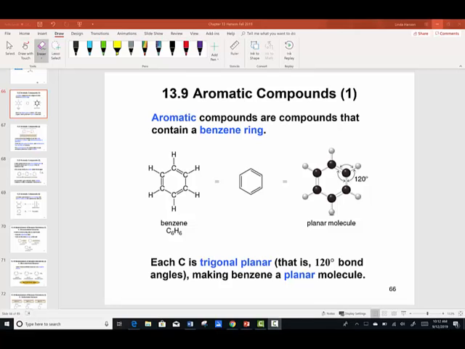Hello everyone. I wanted to take an opportunity to dive in a little deeper with aromatic compounds from our chapter 13. It begins in section 9 with just introducing the type of compound known as aromatic compounds and specifically focusing our attention on a compound known as benzene. Benzene is a very important solvent used in the organic lab, and it is worth getting familiar with the term benzene and all of its